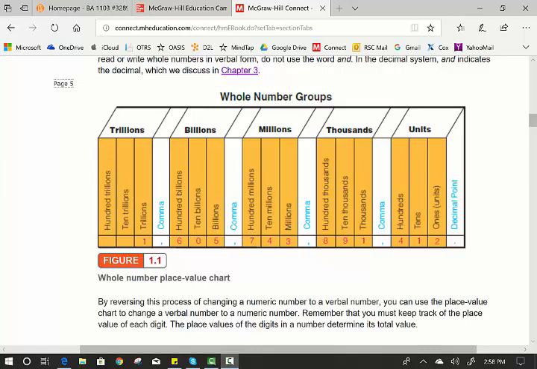Okay, this is chapter 1 in your business math textbook. First thing we're going to look at is chapters 1, 2, and 3. That's part of the first component that will be the basis of the information or content that will appear on